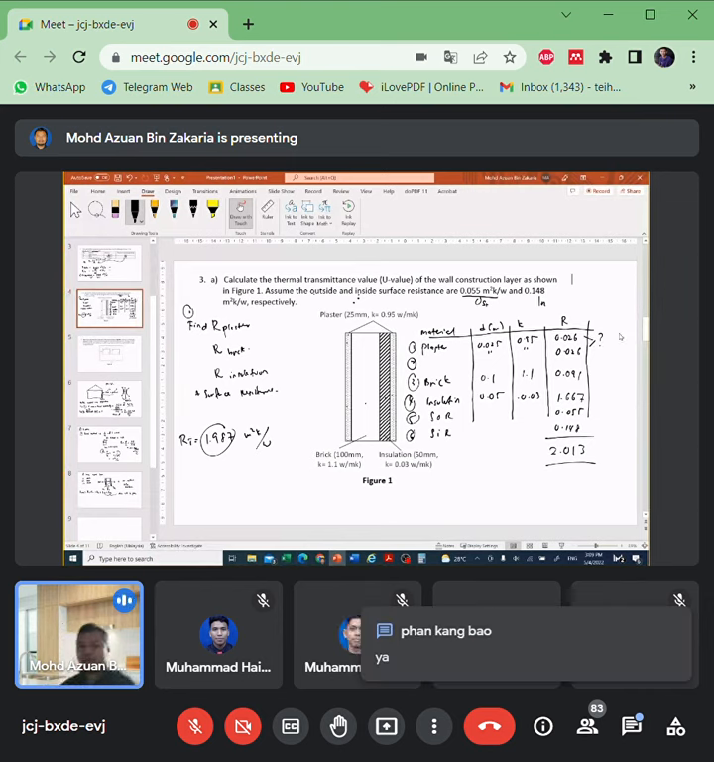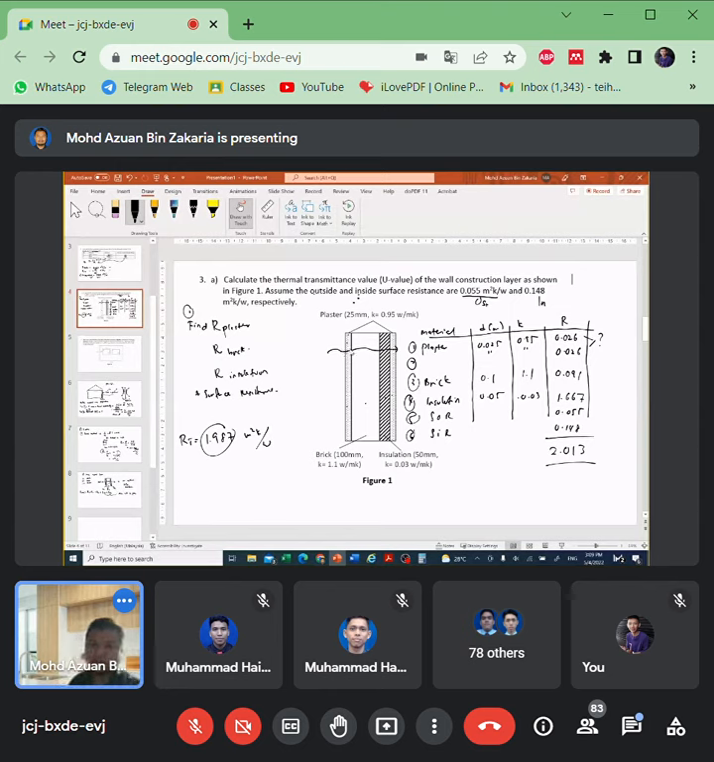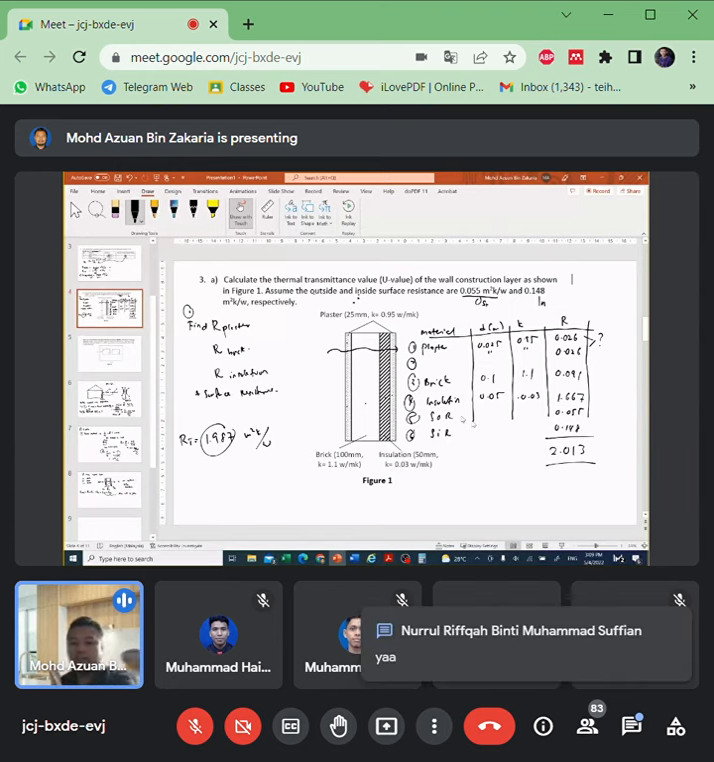Alright, so remember we have to calculate each layer because each layer will become a resistance. Heat will transfer through each layer. So this is how you calculate. And then by the way, just in case,